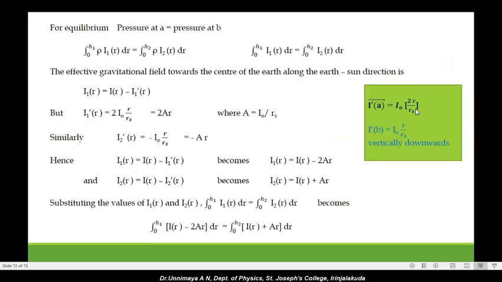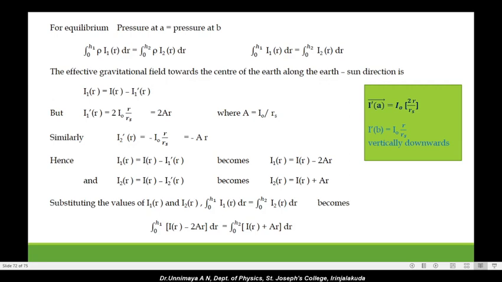I1 of r is equal to I of r minus I1 prime r, if we consider point A. Similarly, considering point B, I2 of r will be equal to I of r minus I2 prime r. So this is the expression for the effective gravitational field towards the center of Earth along the